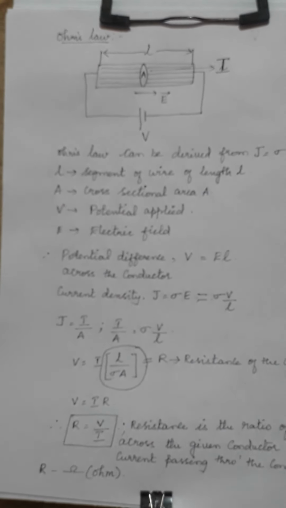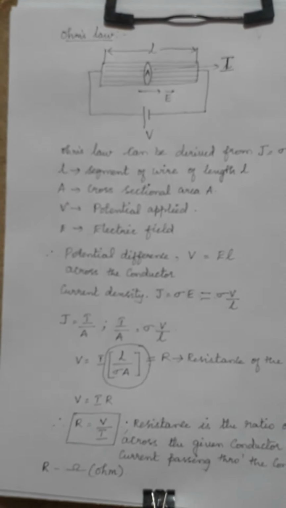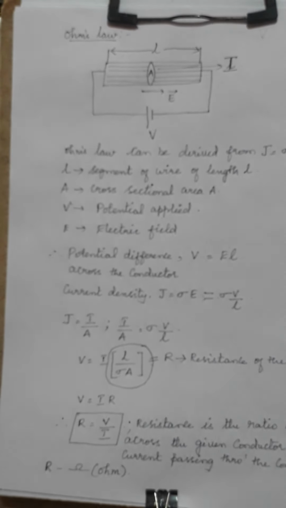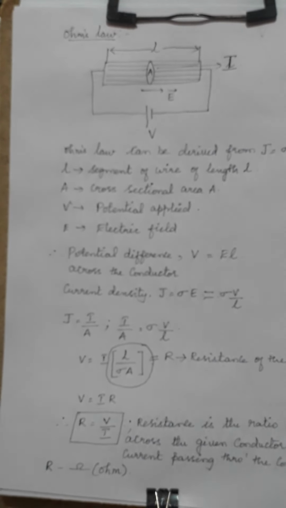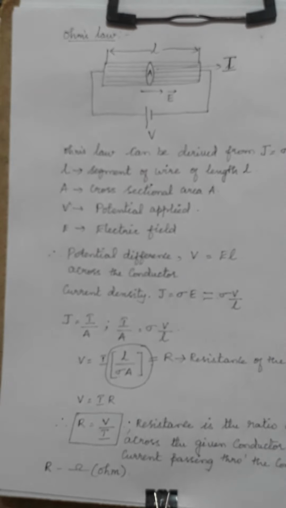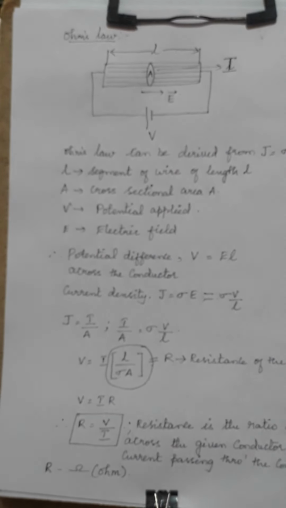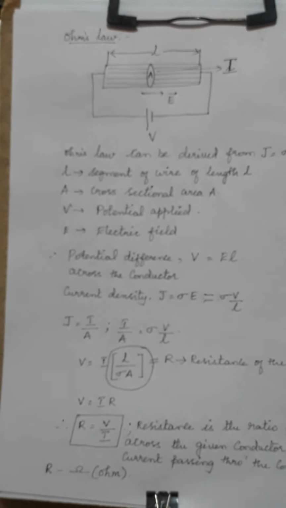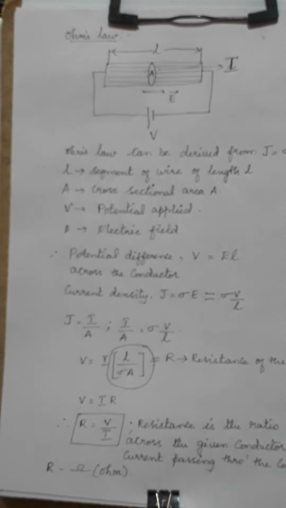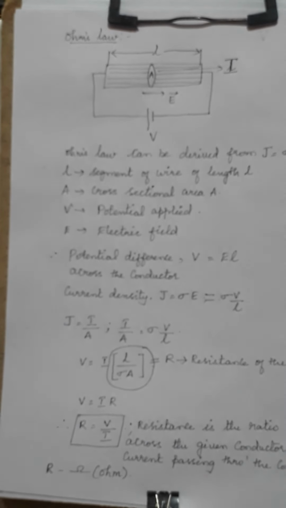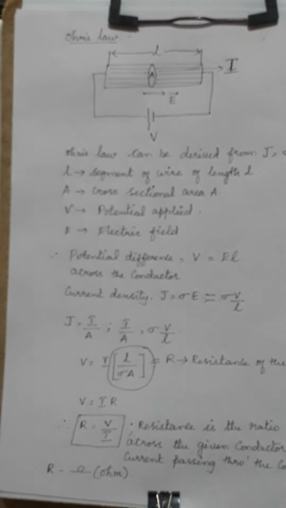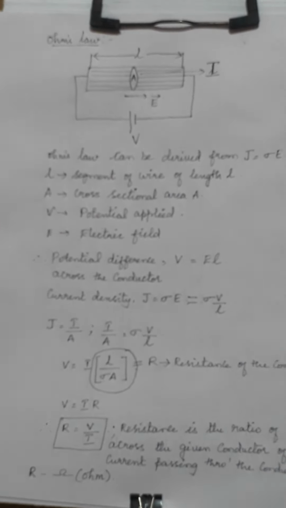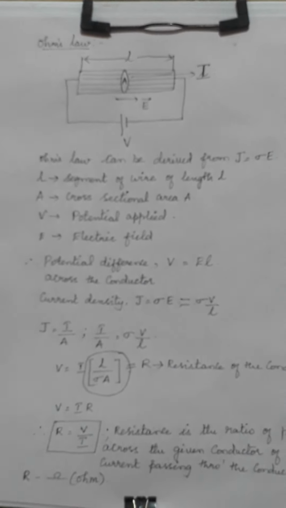Then what you studied was the relationship between drift velocity and current. Drift velocity is nothing but, on applying an electric field, the electron starts moving towards one direction. That is what is called drift velocity. By the velocity by which the electron moves, it has some relationship with the current, which is found that current is directly proportional to the drift velocity. That is, when velocity increases, the current will also increase.